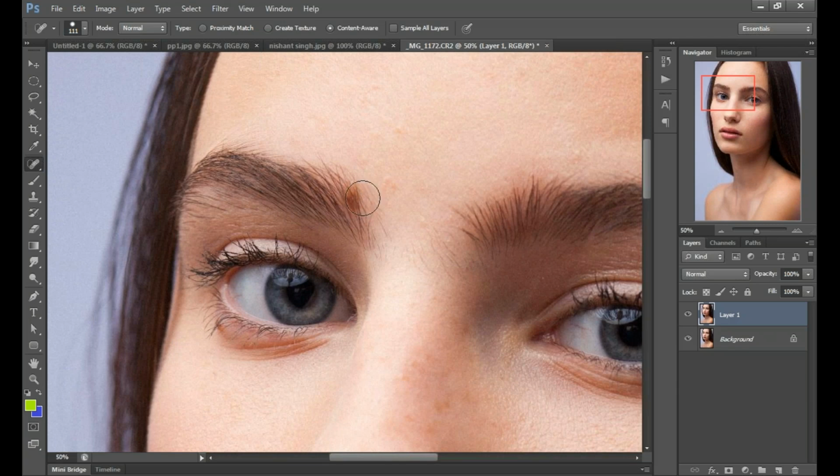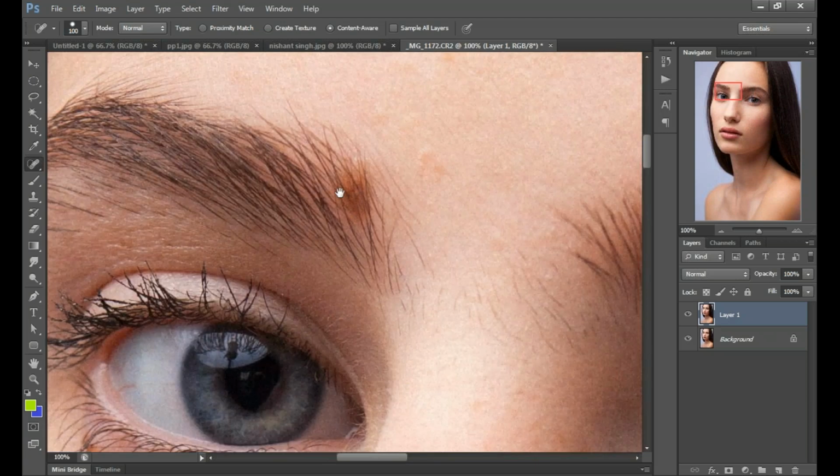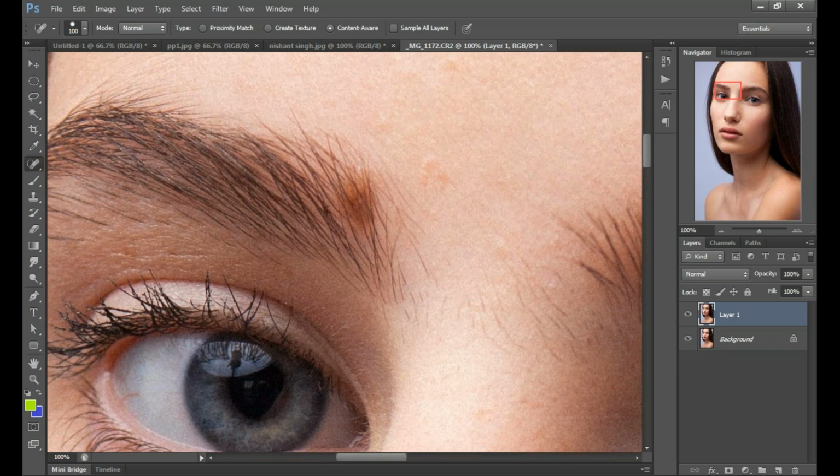So we will make some clones from here. First, we will try to do that. But it will make it worse. I think for this, a better option is cloning, I believe. Yes, actually, we will do the clone for that. In Photoshop, there are so many methods to do the same work.